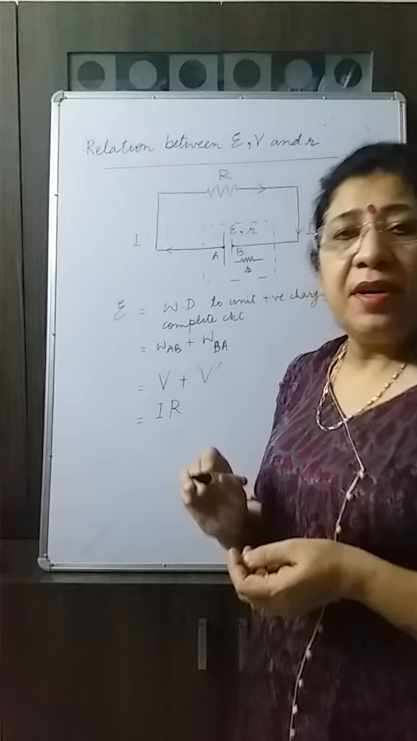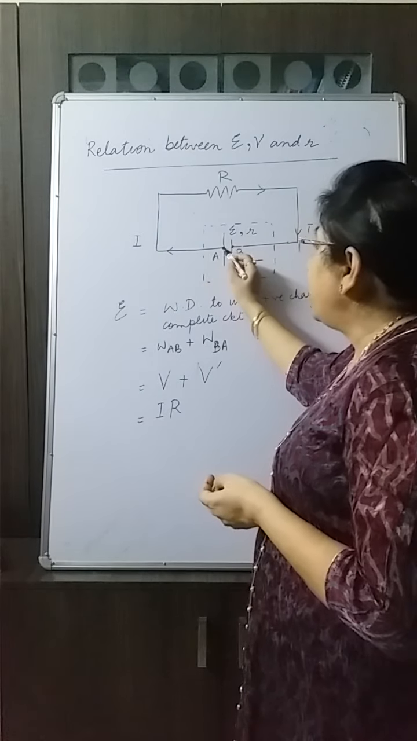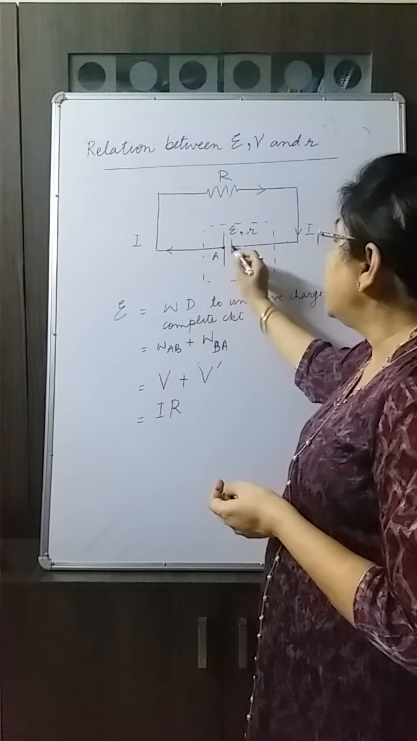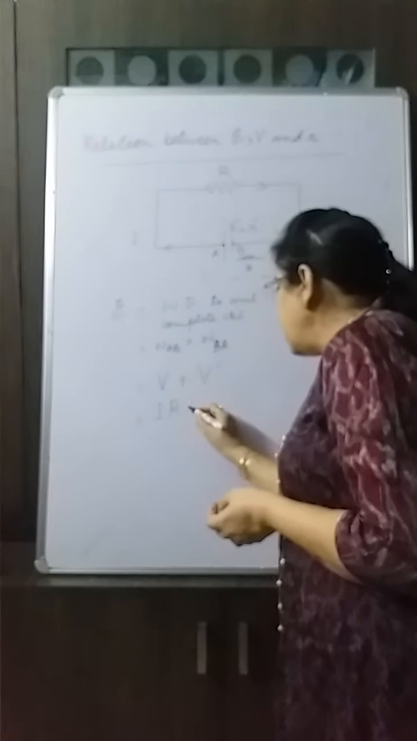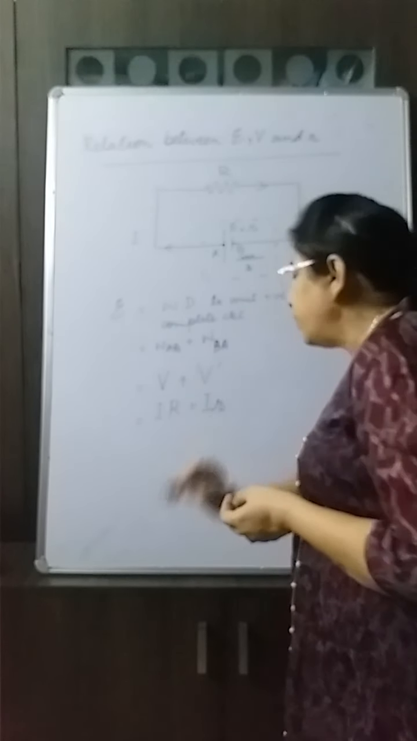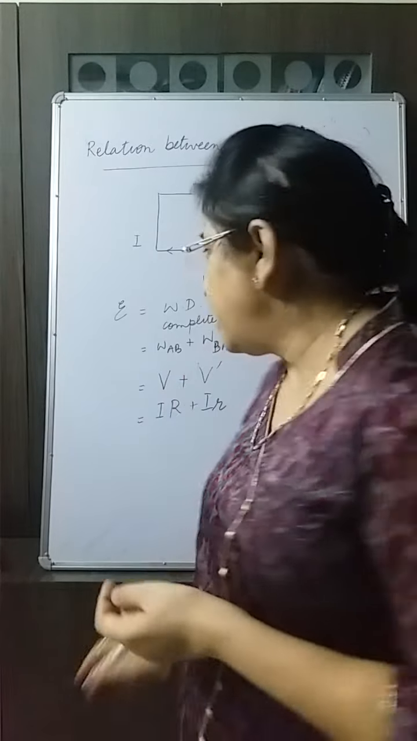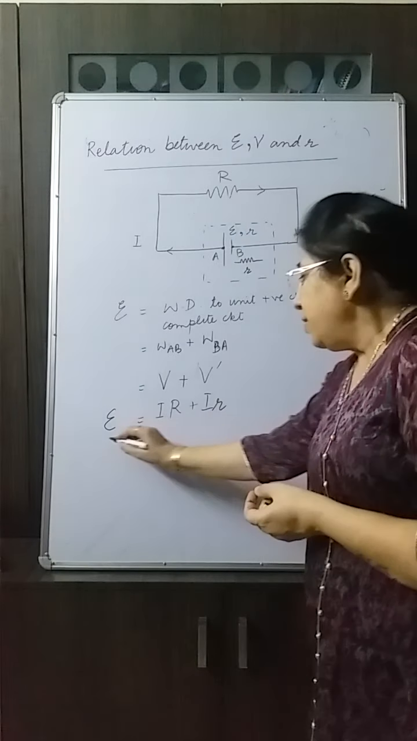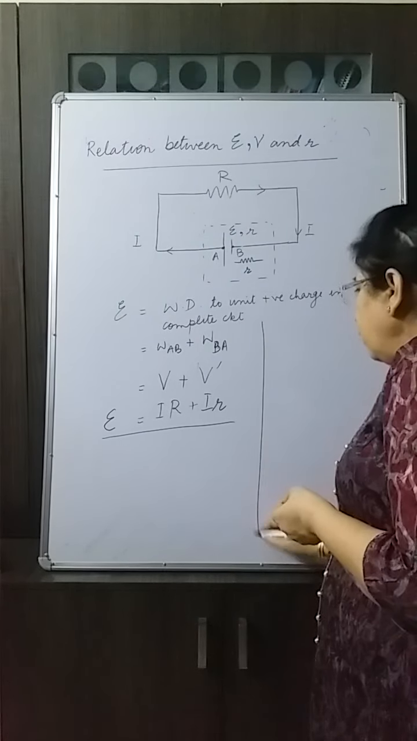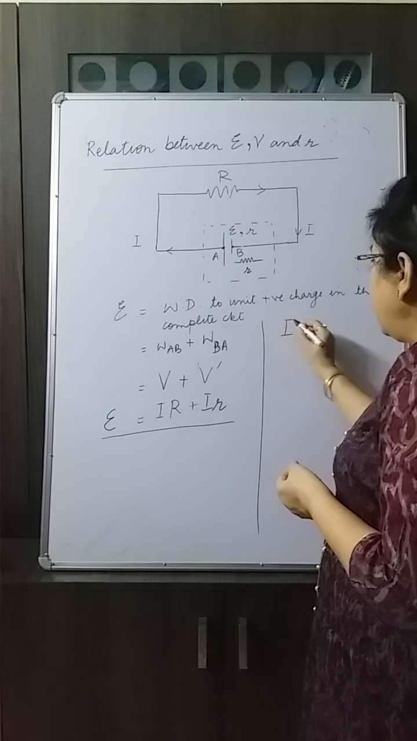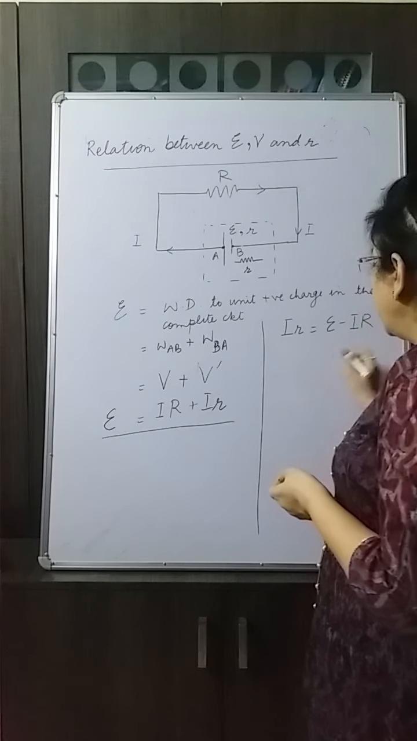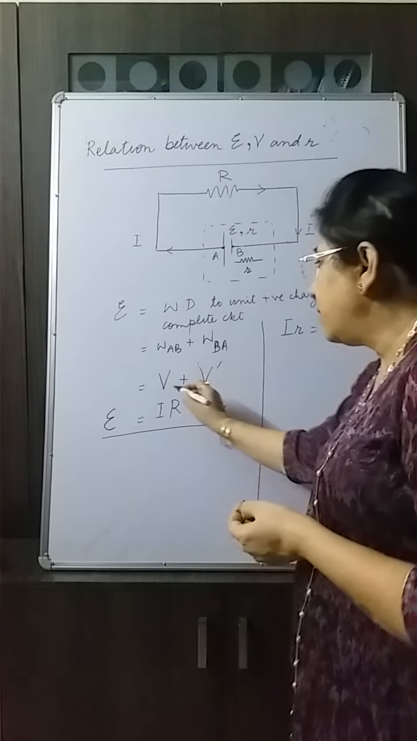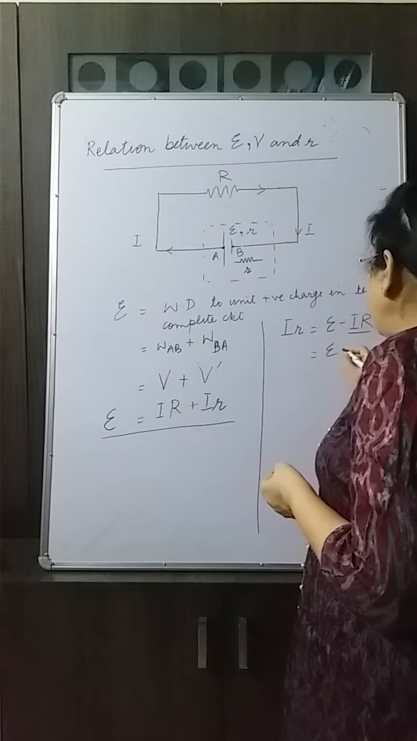V dash is the potential difference across the two terminals of the cell when the cell is in use in the circuit. So it is now I into the internal resistance, I r. So we can write the EMF in this manner. Let us rewrite this term. We can write it as I r equals E minus IR. But what is IR? IR is V. So we can write E minus V,